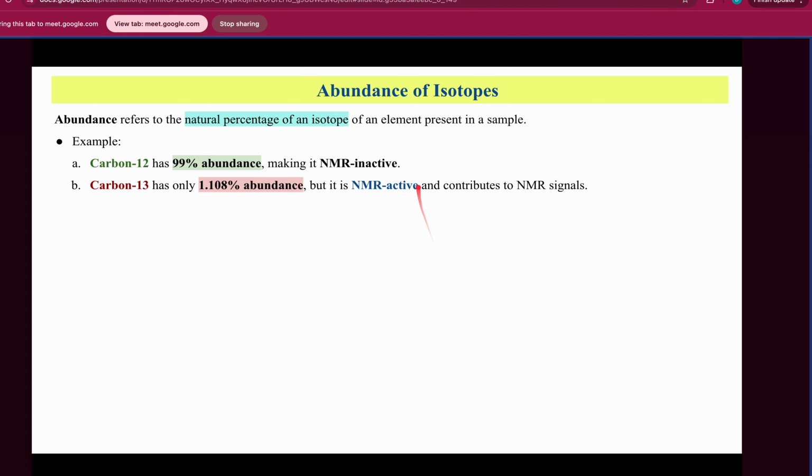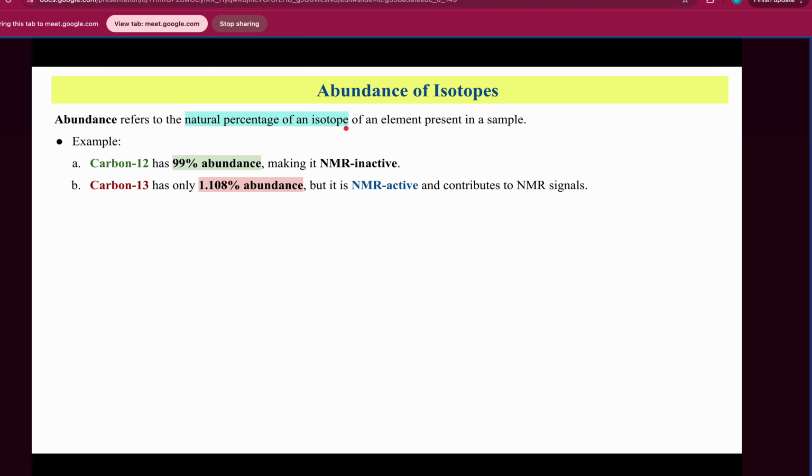Then comes the important concept of abundance of isotopes. So now we know that that particular element is NMR active in one particular isotope form, but the concept is of abundance, that it should also be available in that particular amount in nature. Then only we'll be able to observe sufficient intensity of that particular element. If it is not abundant, then it is hard to study. So there is no purpose even if we get an element which is NMR active, but its abundance is low. So that's why we need to look into the abundance of isotopes, which means what is the natural percentage